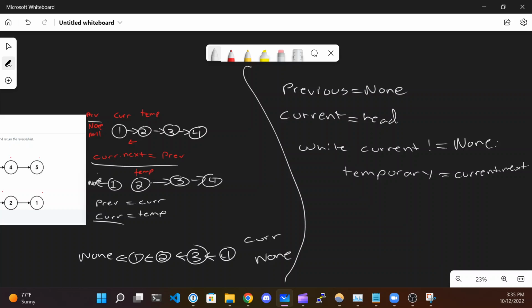And then we're going to do this step right here, where I'm writing the star. We're going to say current dot next, or in essence, we're just flipping the link. We're flipping the arrow. Dot next is equal to previous. Sorry for my phone going off. Previous. And then what we're going to do is